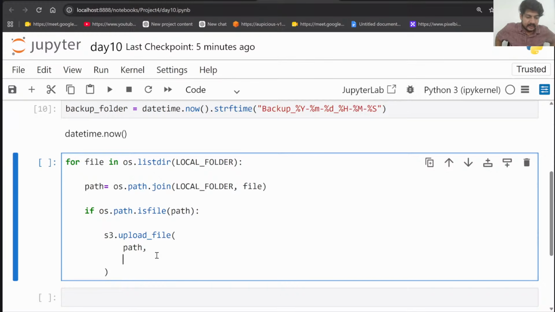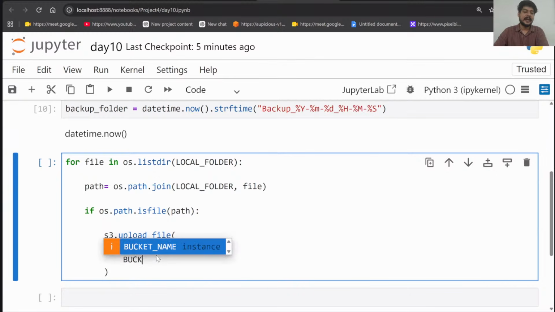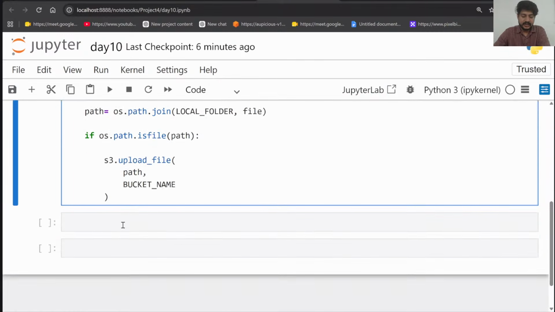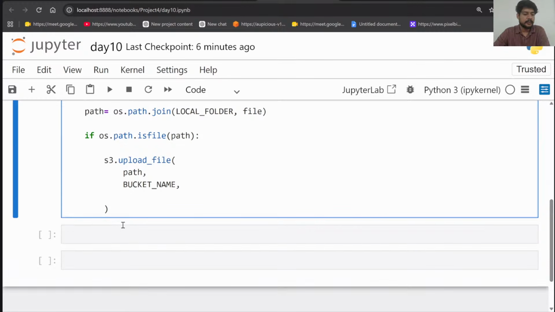Now in this case, I want to give a bucket name also. तो हमारा bucket name हमारे bucket_name नाम के वेरिएबल में stored है. देखो, automatically it is coming up even though I did not add this variable here. Why is it coming up? Because we have imported a config file and all the values which are stored inside the config, they are also imported over here, right? And now what I want after this, what file name you want to give it. So I'm just inside backup folder.